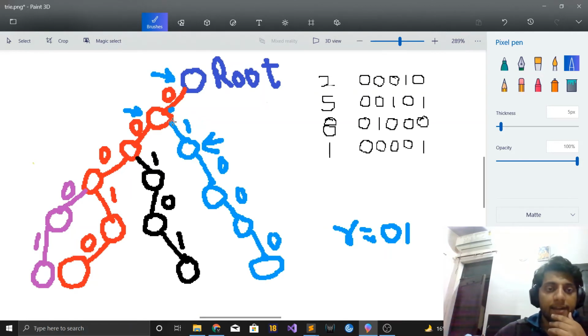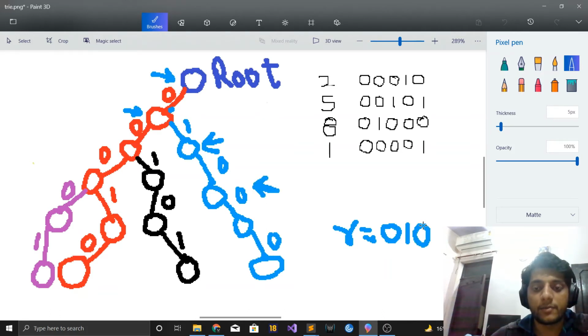So what I did is try to be greedy and check the different bits, and since we have different bits at the second position for 0 and 1, we took this path. And we got the maximum XOR value at that particular bit. Now the third bit is 0. Again we'll check if this node has a child with the opposite bit, that is 1. It does not have it, unfortunately, so we'll have to come to this node only, and the third bit in our result would be 0.